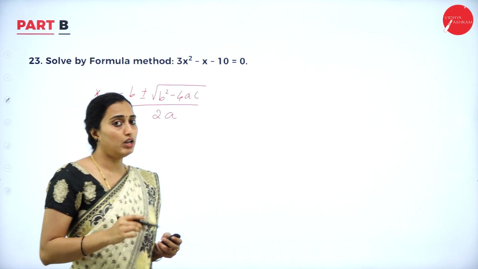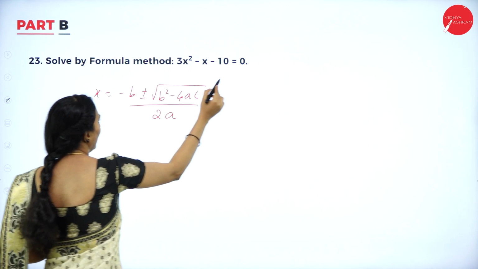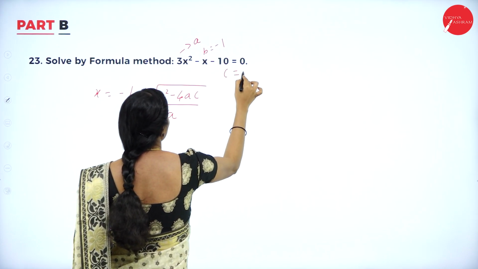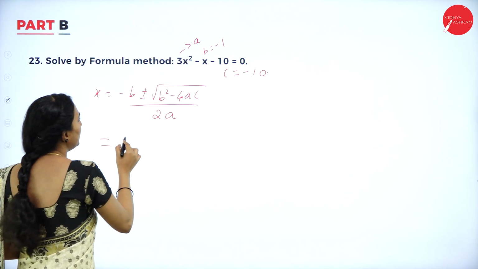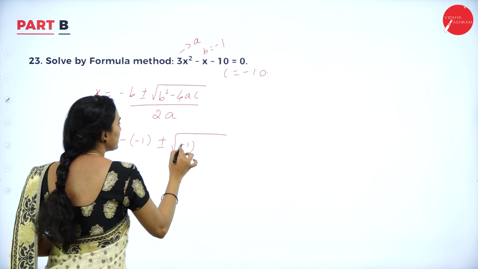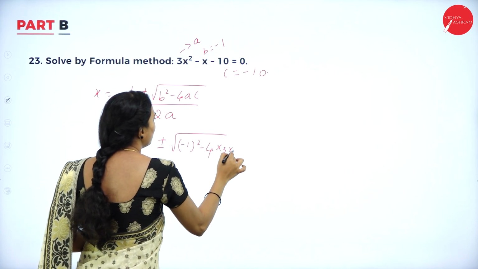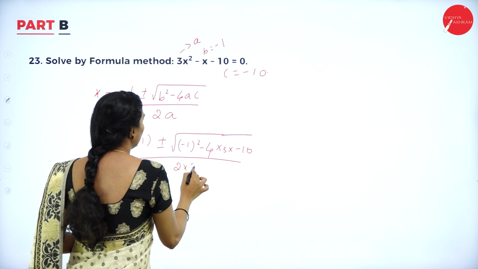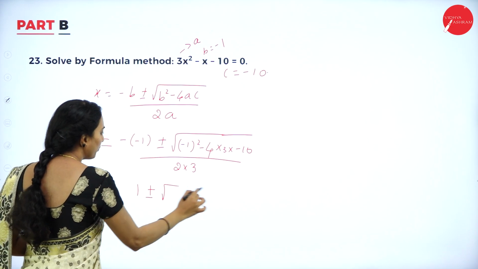Writing the formula and substituting in that will be 1 marker. So, here a is nothing but what? A is 3. B is nothing but minus 1, C is nothing but minus 10, correct? Please write down those values. And x will be equal to minus b, minus of minus 1, plus or minus square root of minus 1 whole squared minus 4 into a value 3 into c value minus 10, divided by 2 into 3. Now, which will be minus of minus is plus 1 plus or minus square root of